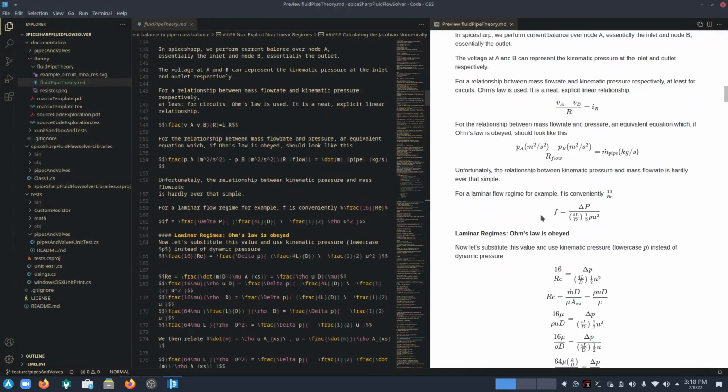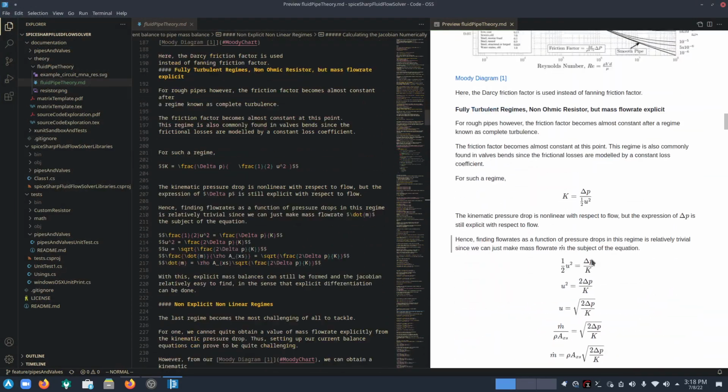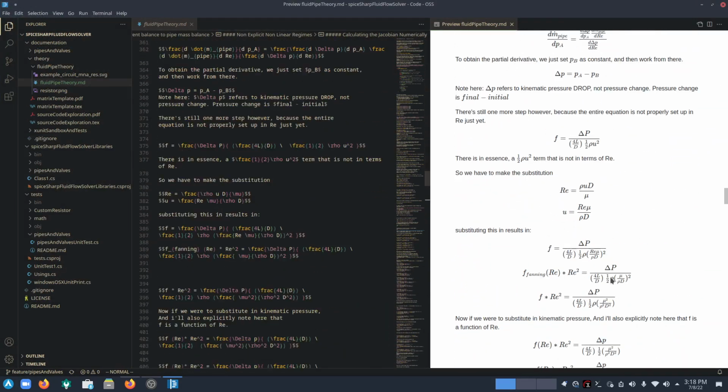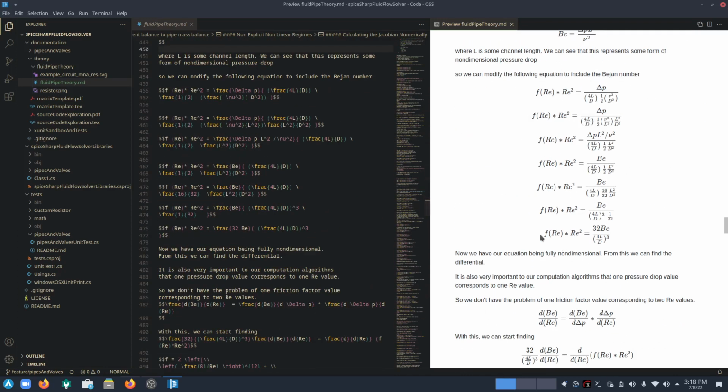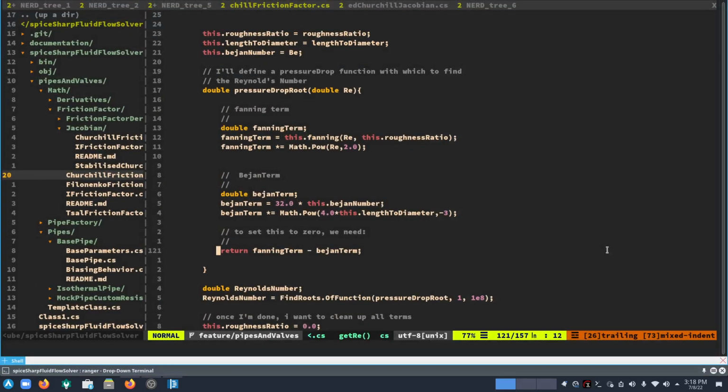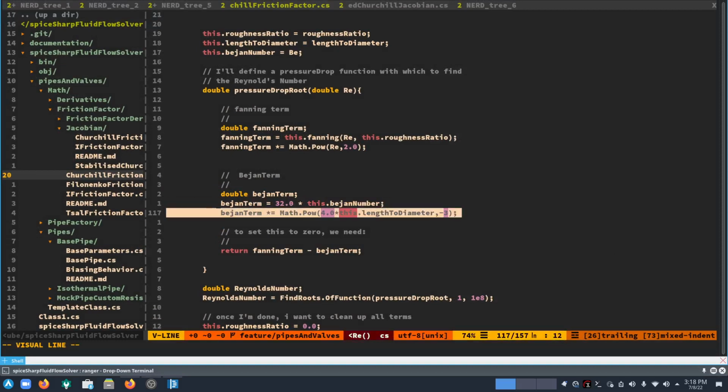Okay, so the underlying equation here is, I believe, this equation here. What I'll do is supply a Bijon number and all the other terms, and with a Bijon number, I'm supposed to find the Reynolds number. So this is the Reynolds term here, and this is the Bijon term, which is 32 Be over this length ratio here. So I have this Bijon term: 32 times the Bijon number, and then I multiply it